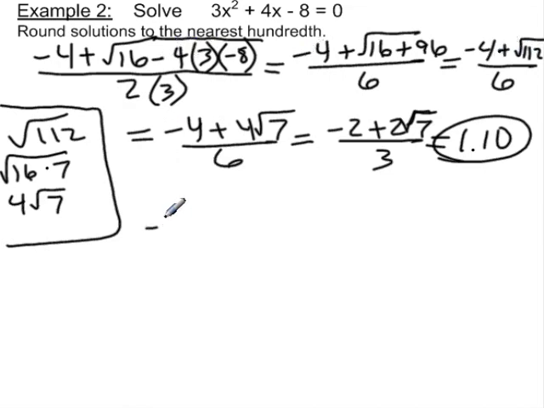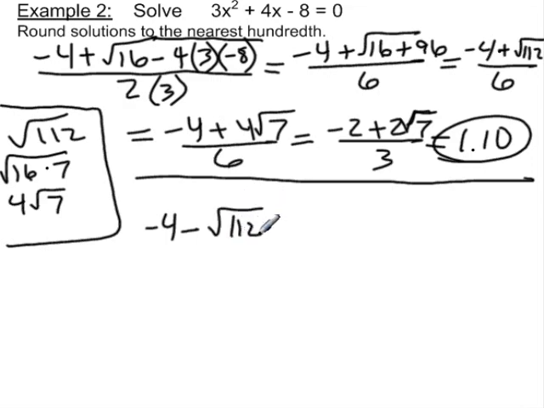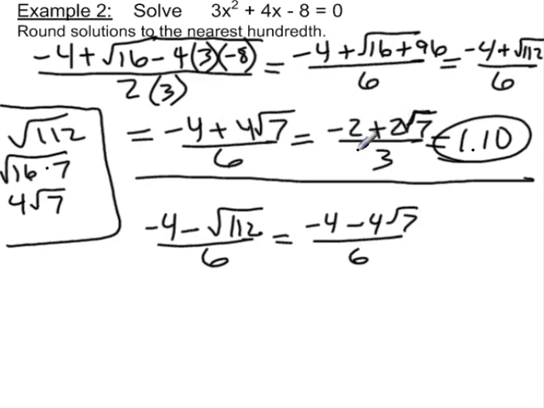Okay, so negative 4 minus, new problem, minus square root of 112 over 6. We did the work right there, so we have negative 4 minus 4 square root of 7 over 6. We reduced it just like here. We divide everything by 2, so you're left with negative 2 minus 2 square root of 7